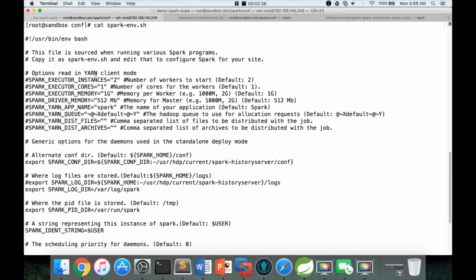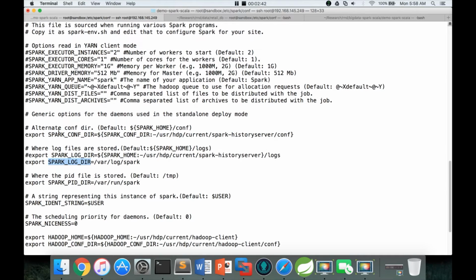You can see there are a bunch of export commands here. A few parameters are commented out, and a few parameters are in place. You can uncomment these and export them if you want to override the default values for parameters such as Spark executor instances, Spark executor cores, Spark executor memory, etc. These are primarily used in YARN client mode.